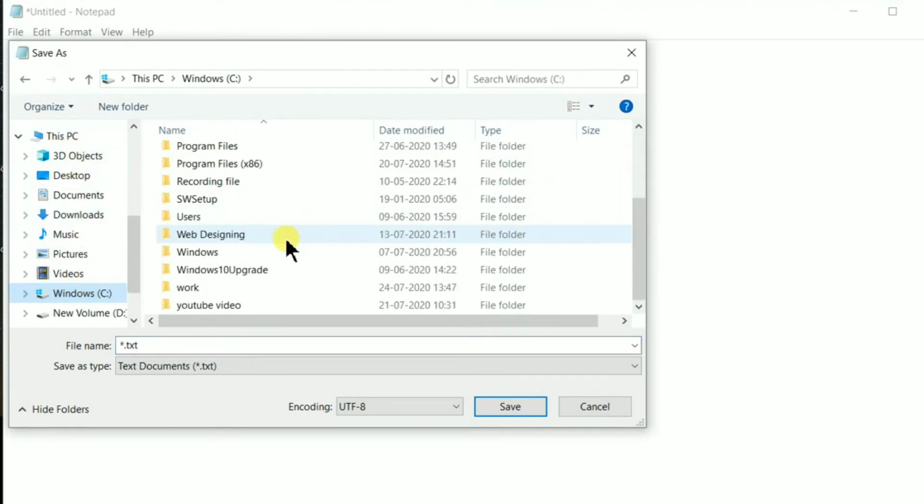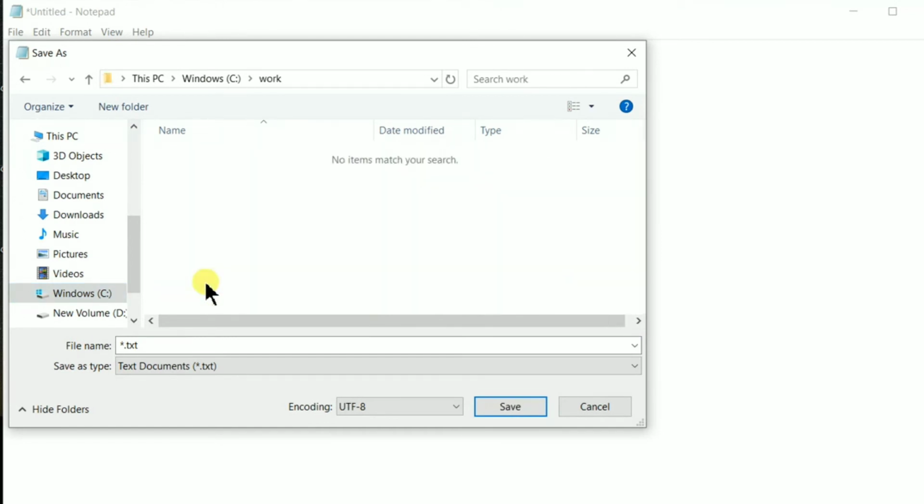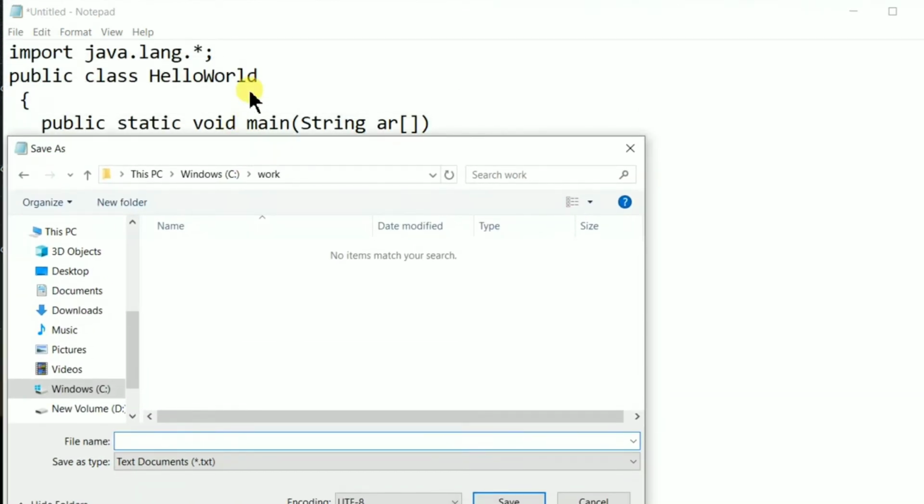Go to C, and here is the work folder. Click on it. You have to save your program using the class name. Your class name is HelloWorld. Also write here HelloWorld.java.